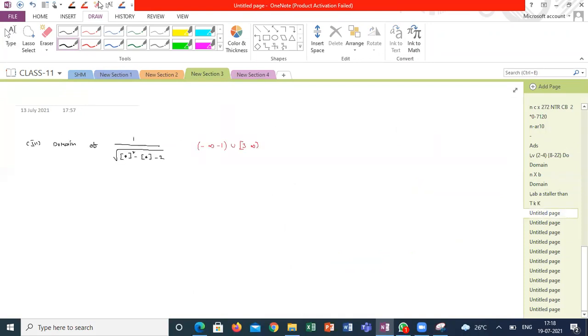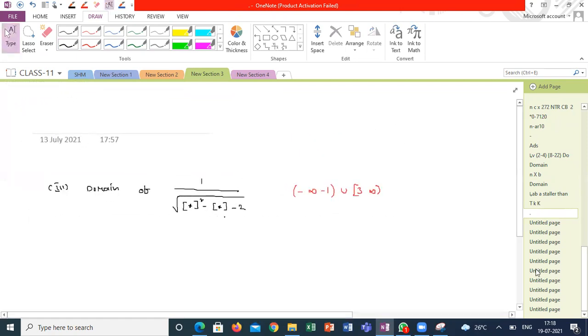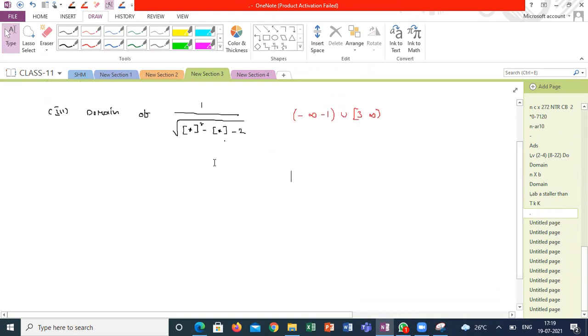In the beginning days, when you are starting these numericals, I will give a suggestion that a few students can adopt immediately. If you are confused with this GIF, make this GIF as one variable. Suppose this function is A, where A is a function of X. So I will get A square minus A minus 2. Am I right or wrong, guys?